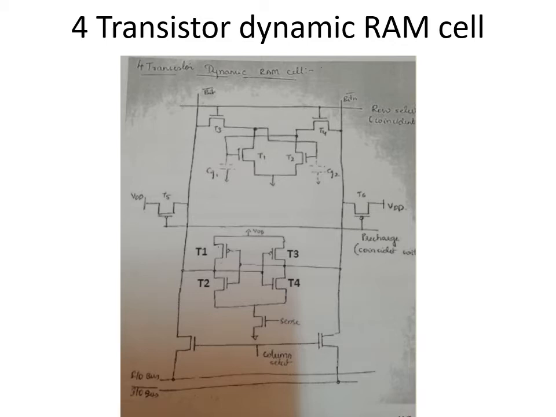To carry out the write operation, the column select line has to be made 1, and meanwhile the row select line has to be made 1. When both are enabled, the NMOS gets enabled. When column select is 1, both the NMOS transistors get enabled, and T3 and T4 turn on when the row select line is 1. Here data is sent through IO bus as well as IO bus bar, that is through bit n and bit n bar.